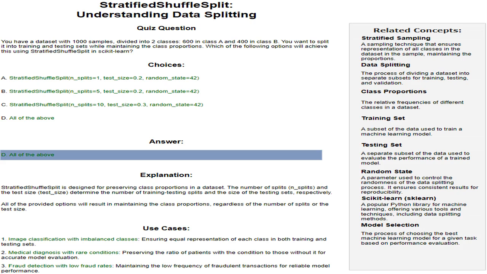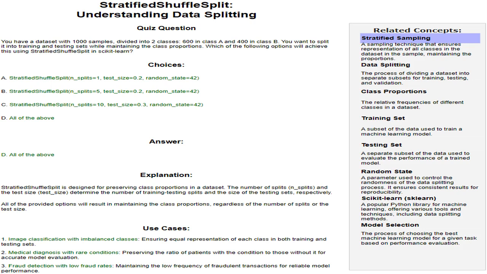As demonstrated above, each option correctly utilizes stratified shuffle split to ensure class proportions are maintained during data splitting, irrespective of the number of splits or the test size. Therefore, the correct answer is D, all of the above. Stratified sampling: